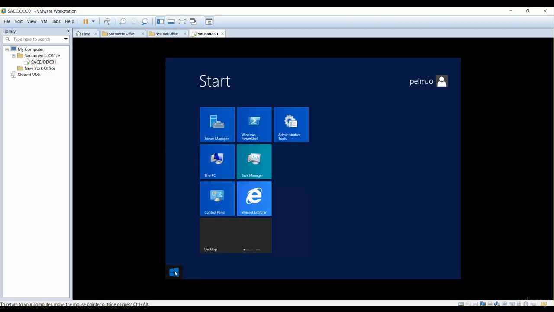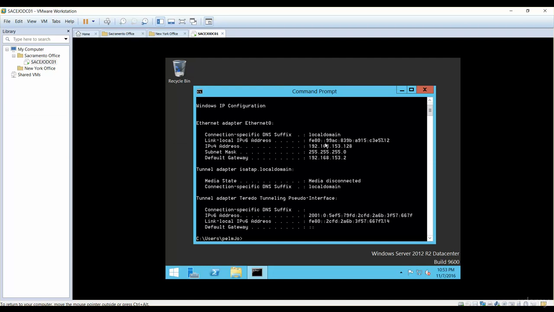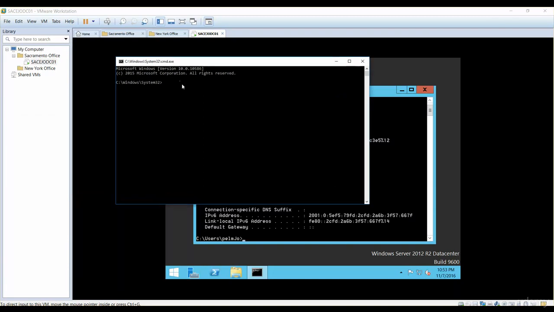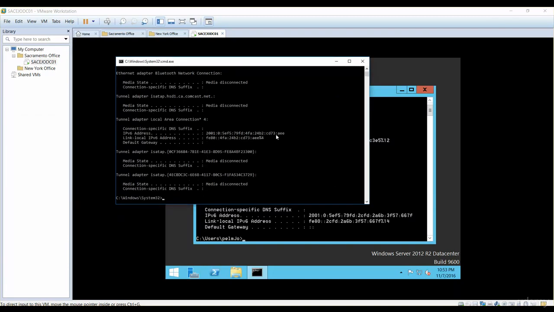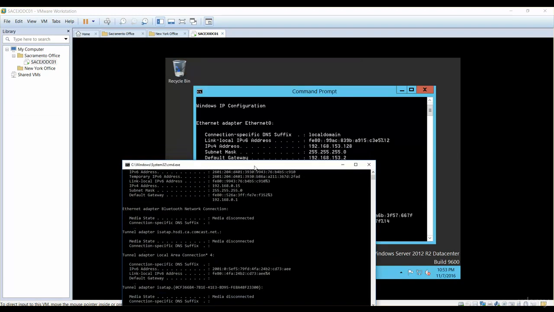physical network. So if I go in here and type cmd and do ipconfig, it's going to show me the IP address. So this is 192.168.153.128. Same thing, if I just come to my physical machine, let me just show you. So this is my physical machine and I do ipconfig. Now if you see in here, you will see that it is having the range of 0.15